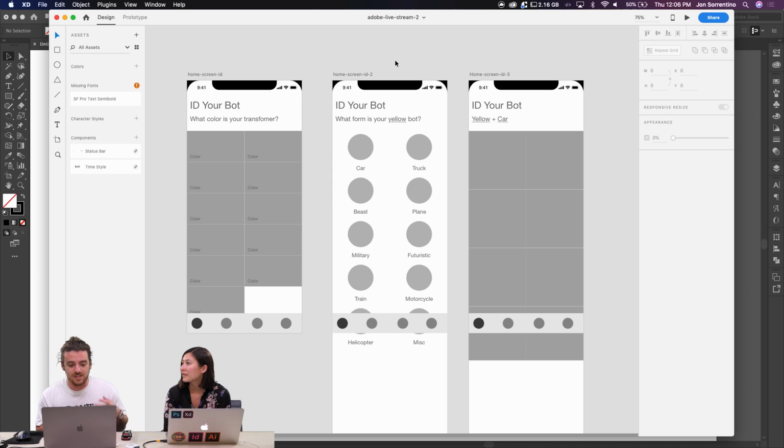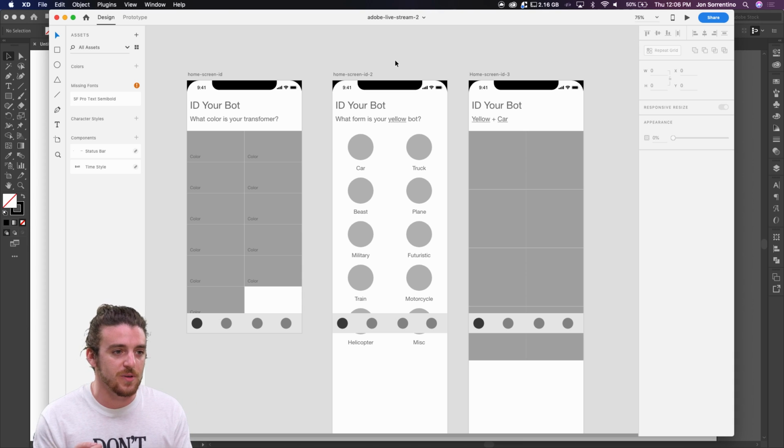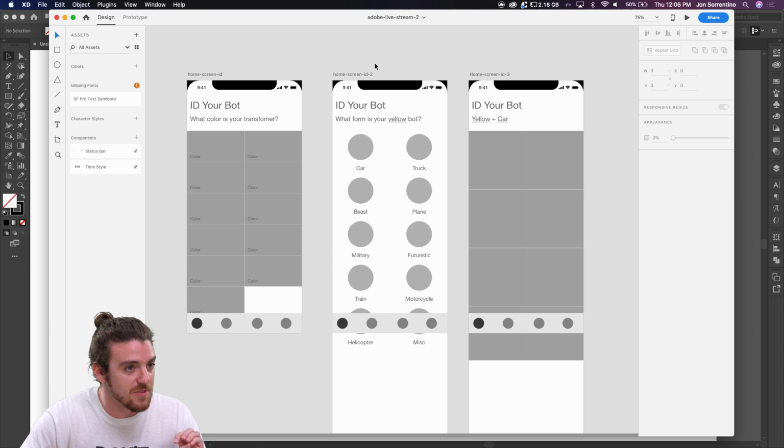Yeah, I think it's always nice to start from the quickest way. For me, that's pen and paper, and I can just draw a bunch of boxes or phone devices and get a bunch of ideas down. That really helps me move a lot quicker when it comes to putting this into XD. Now, as you said, we're going to do some of the visual stuff, and I would love some help from the chat.